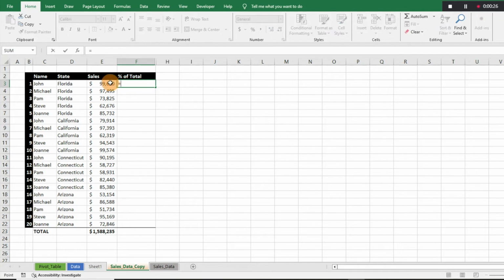One thing you can do is go ahead and do equals, divide your sales number by the total. That's going to give you a percentage. But that's not what we want to do. That's not very efficient. We have to go through and do that all. You can do some conditional formatting. That works fine. However, what we're going to go ahead and do today is